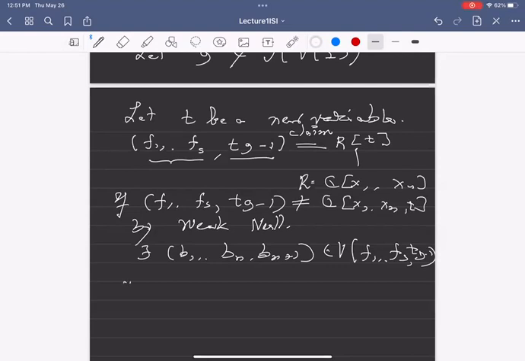This says that F1, up to Fs vanish at B1, up to Bn, because the Fi's don't involve xn plus 1. I mean, they don't involve t. So the Fi's are vanishing at B1 up to Bn only. Okay. And G,